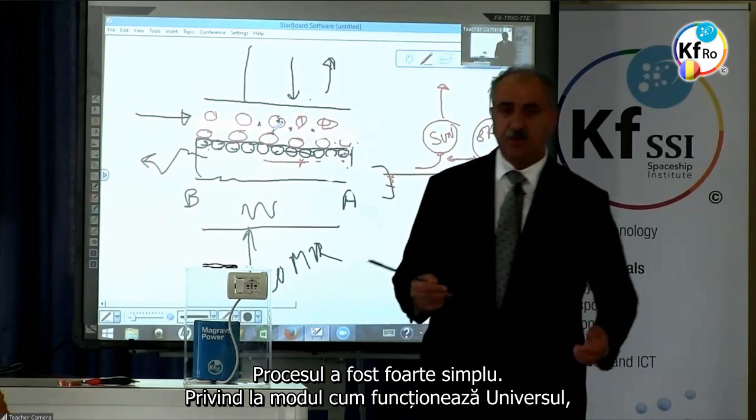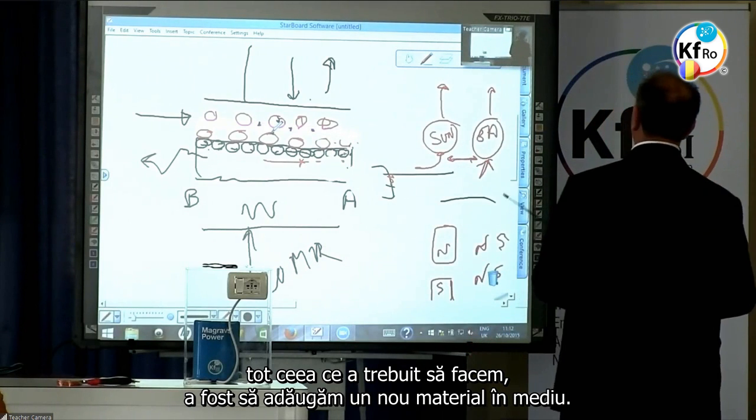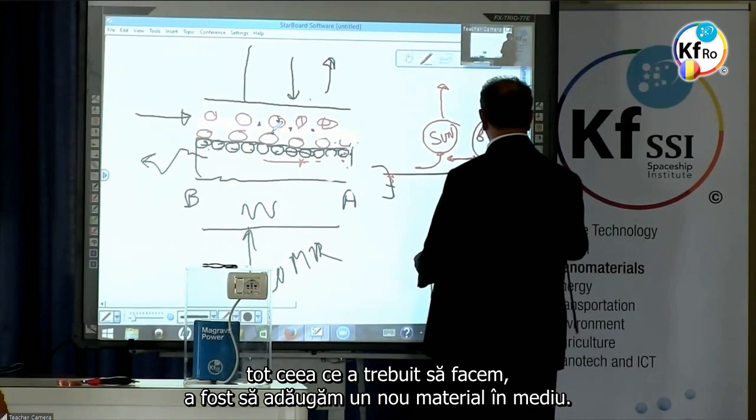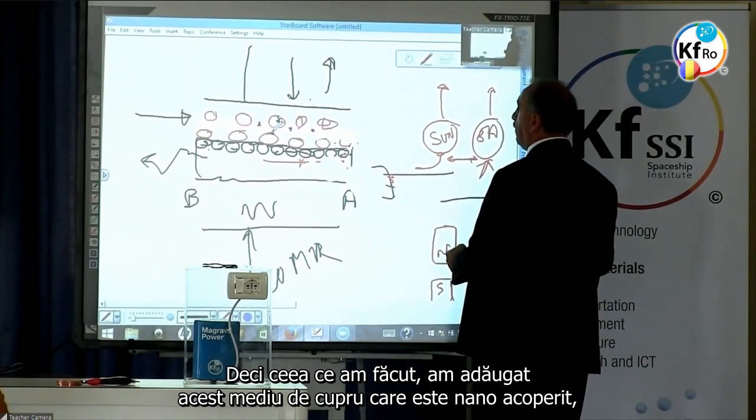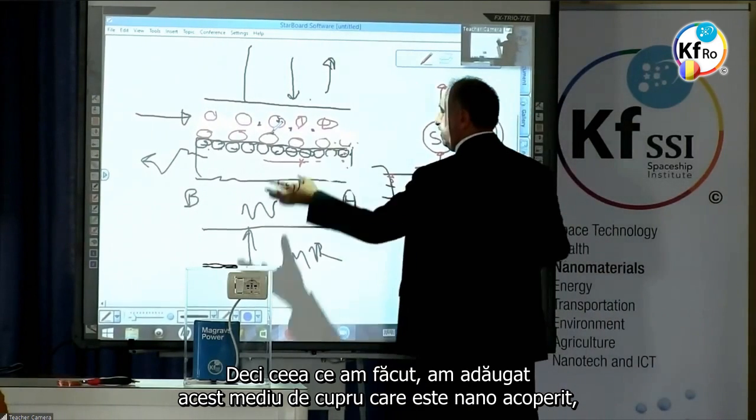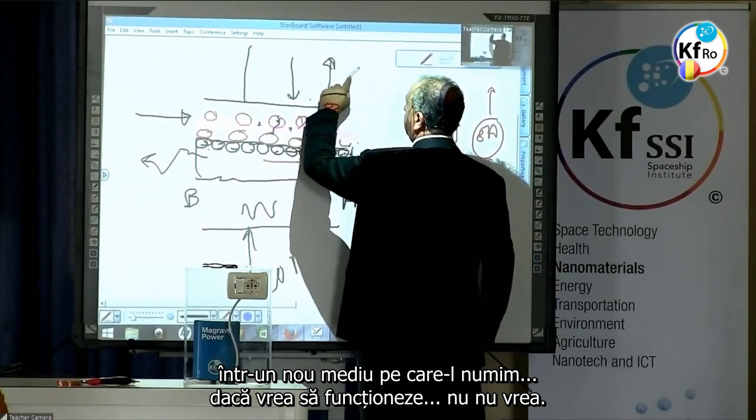Looking into the way the universe works, all we had to do was to add a new material in the environment. So what we did, we added this copper environment, which is nano-coated, into a new environment, what we call,